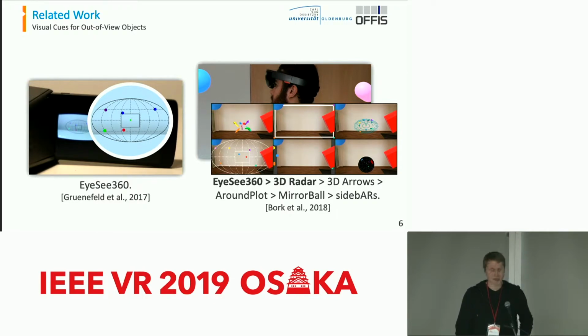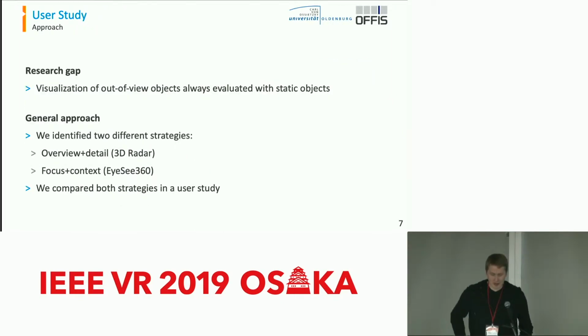Now we could say work is done, everything is fine, but the problem is all these visualization techniques, and these were just some examples, previously just looked into static objects, which are typical scenarios where you wear a HoloLens, for example, and you have a couple of holograms around you. They stay at their position and you want to know where they are. That's very simple, but it gets a little bit more complicated when these objects can also move around in the scene. And therefore, we did a user study